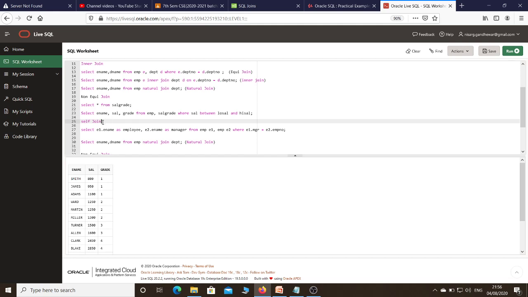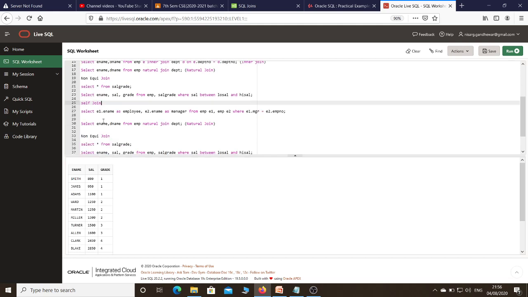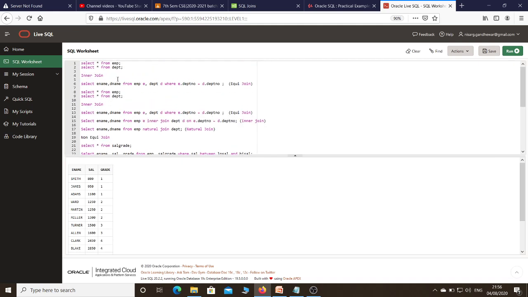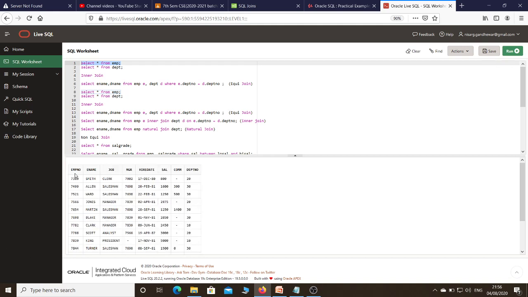Now the next type of join is a self join. In case of self join, what is the problem statement? I just want to display the content of the employee table, so that I can explain the problem that I consider for self join. Suppose I have this employee table. In this employee table I have employee number, employee name, job and MGR. What does that MGR represent? Manager. For Smith, employee number 7902 acts as a manager. Means for Smith 7902 is a manager.